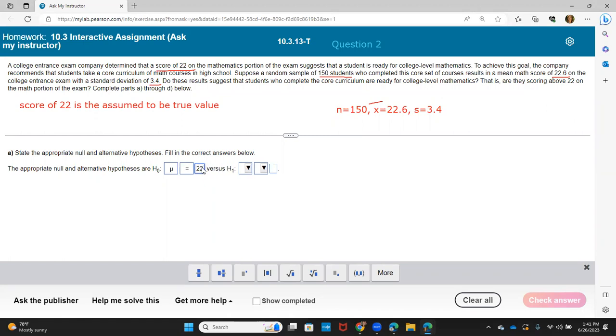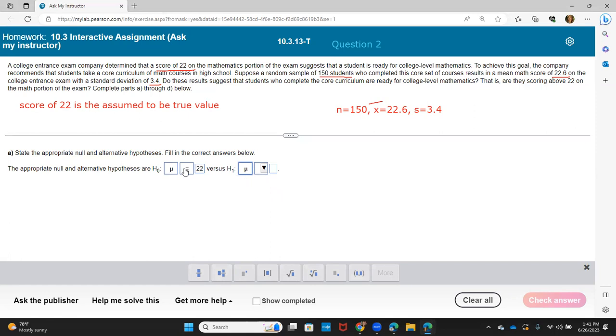It was 22. So the null hypothesis we would say is mu equals 22. And then it says versus H sub 1. Okay, so the alternative is we're trying to see if we have a significantly higher value. Okay, so we'll say same letter as in